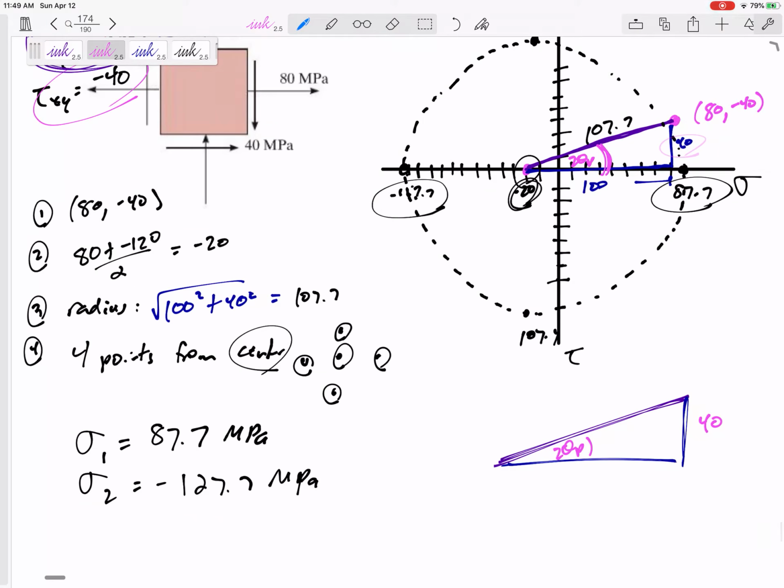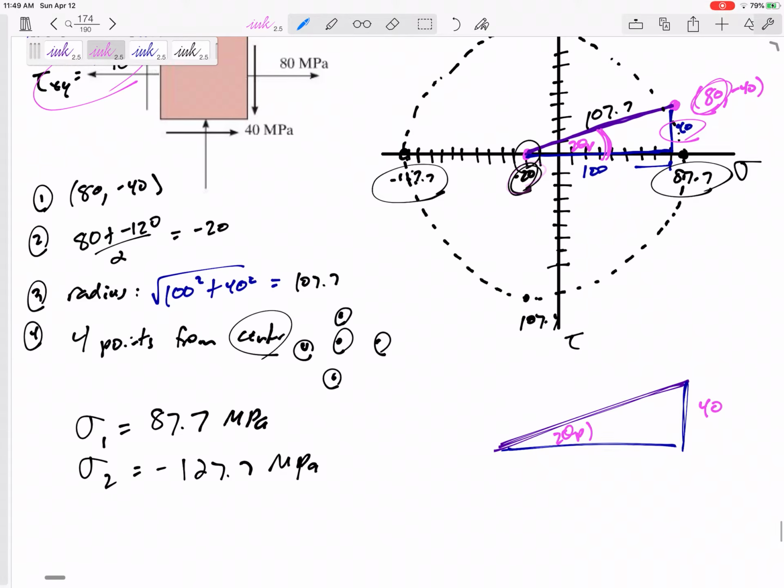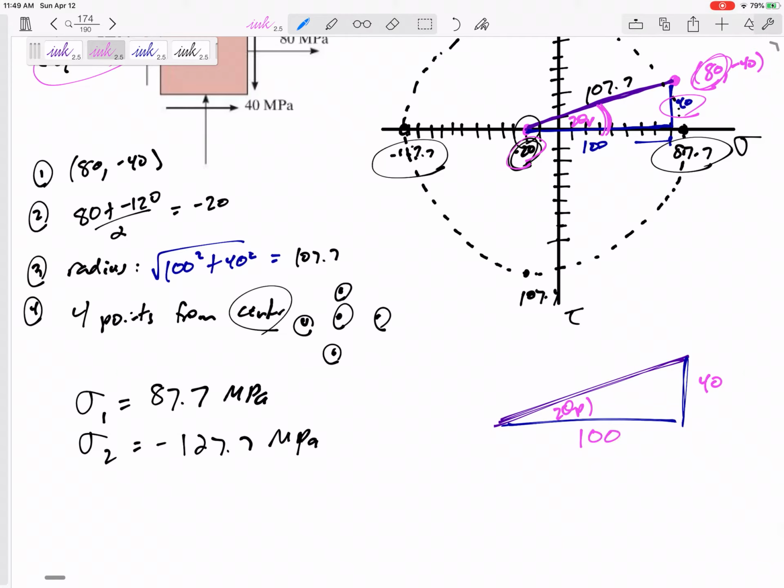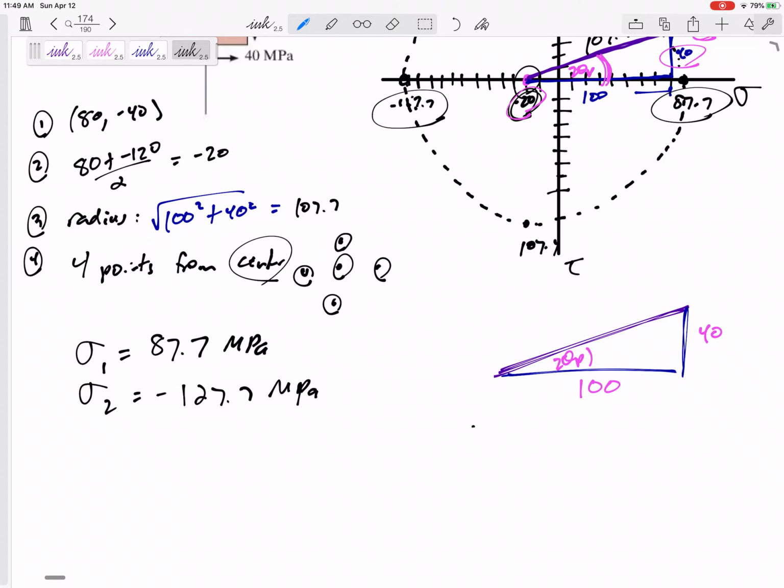But again, I've kind of already seen this triangle before. The base is not 80. It goes from 80 to negative 20. The base is 100. So I would say tangent of 2 theta P is opposite over adjacent. So 40 over 100. Do inverse tangent, and my calculator spits out 21.8. So my theta P is 10.9, but